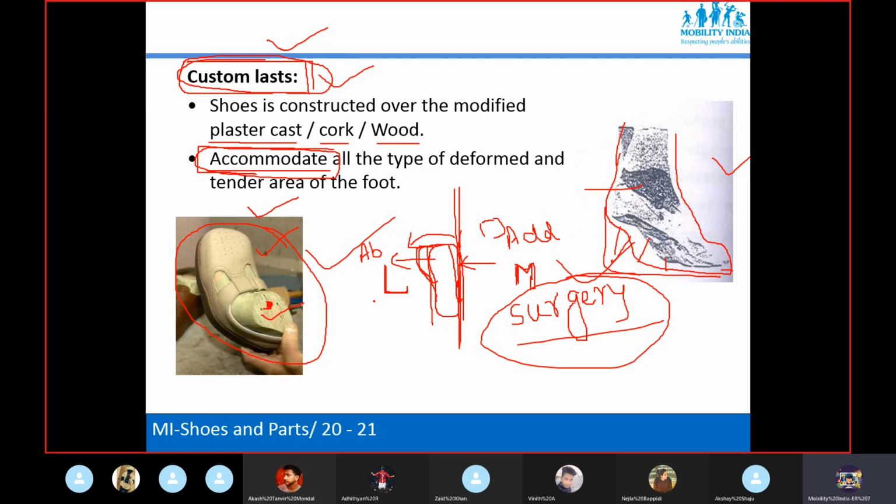This is just us talking about the shoe. When we come to shoe modification, then again you will know what the various problems in the foot are, and for each problem you will know there is a different management, different objective. So any doubt till now?